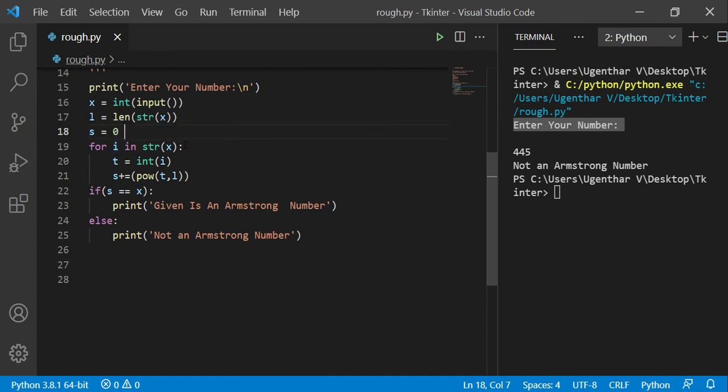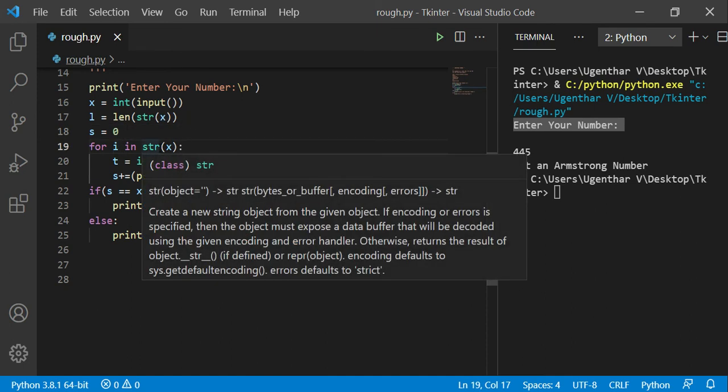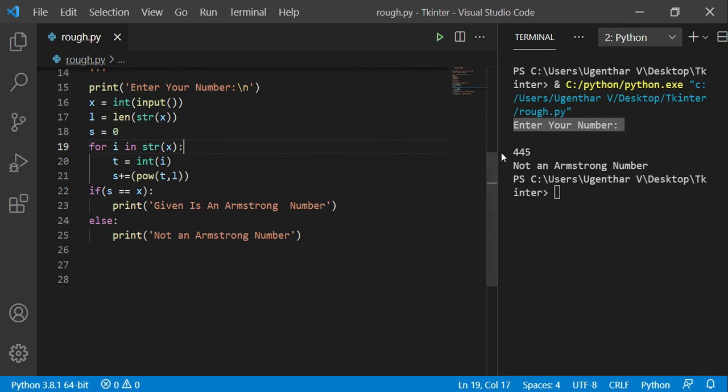Next, I am iterating over each and every character in the string of x. That means first it will be 4, after that 4, after that it will be 5. First, i is equal to 4. 4 is now a character. I want to convert it into an integer, so I am using the int class. Then it will be stored in t. Now I am going to find the power of 4 comma the length, which is 3. That means 4 power 3.